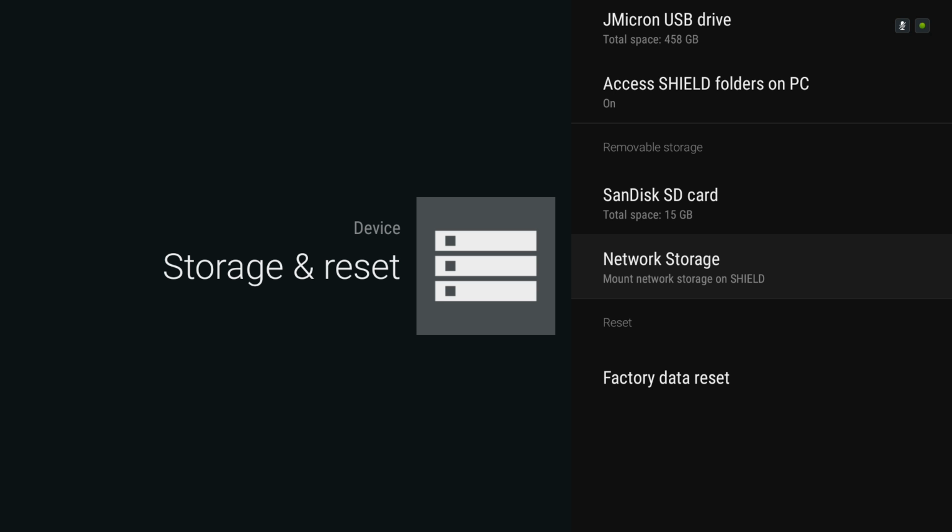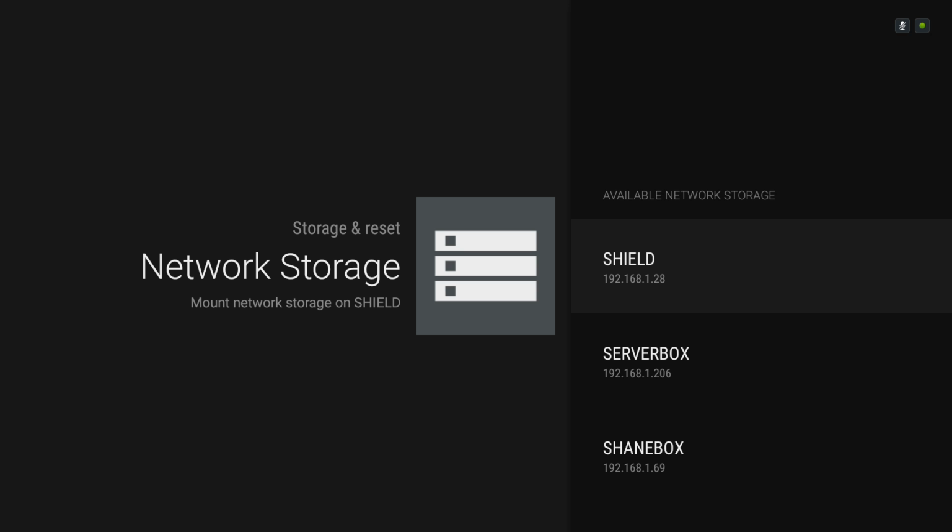Now, if you're going to use your internal memory, say you have a Shield Android TV Pro, the 500 gigabyte version, you may be storing all of your media locally. Or you may use a locally connected USB drive, micro SD card. If you're using something local on the machine, you won't need this. But believe me, those of you with large collections of media, especially stored on other devices on your network, such as a network attached storage solution, a NAS, another PC with shared folders on them, this is how you're going to get to them. So we go to network storage, and it will show you, look at this, our Shield